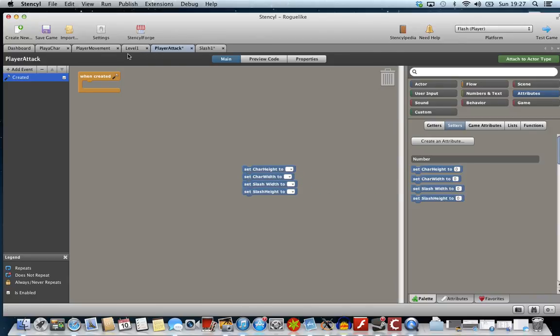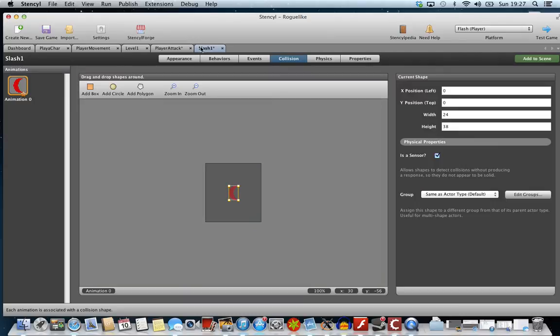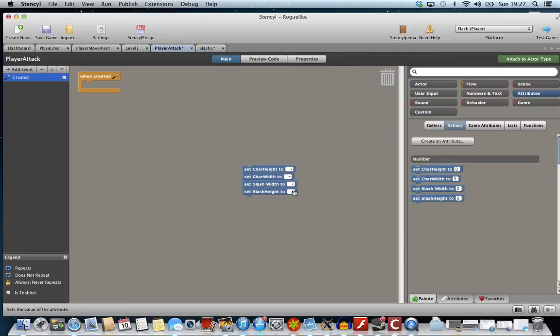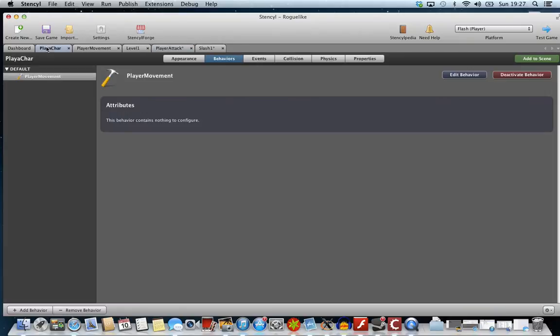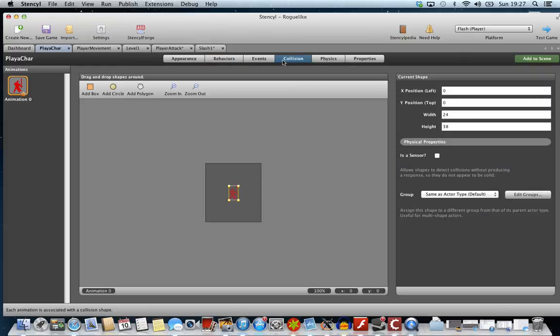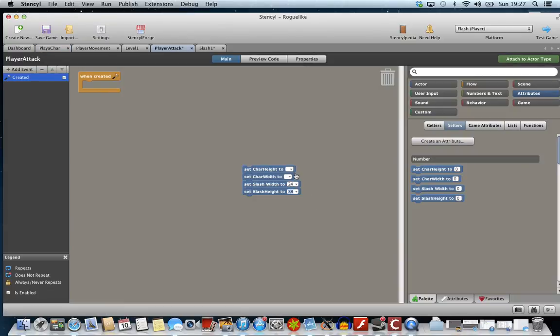So what is our slash height? 24 by 38. So 24 by 38. Player character is 24 by 38. What a lovely coincidence. Nope, 38. 24. So